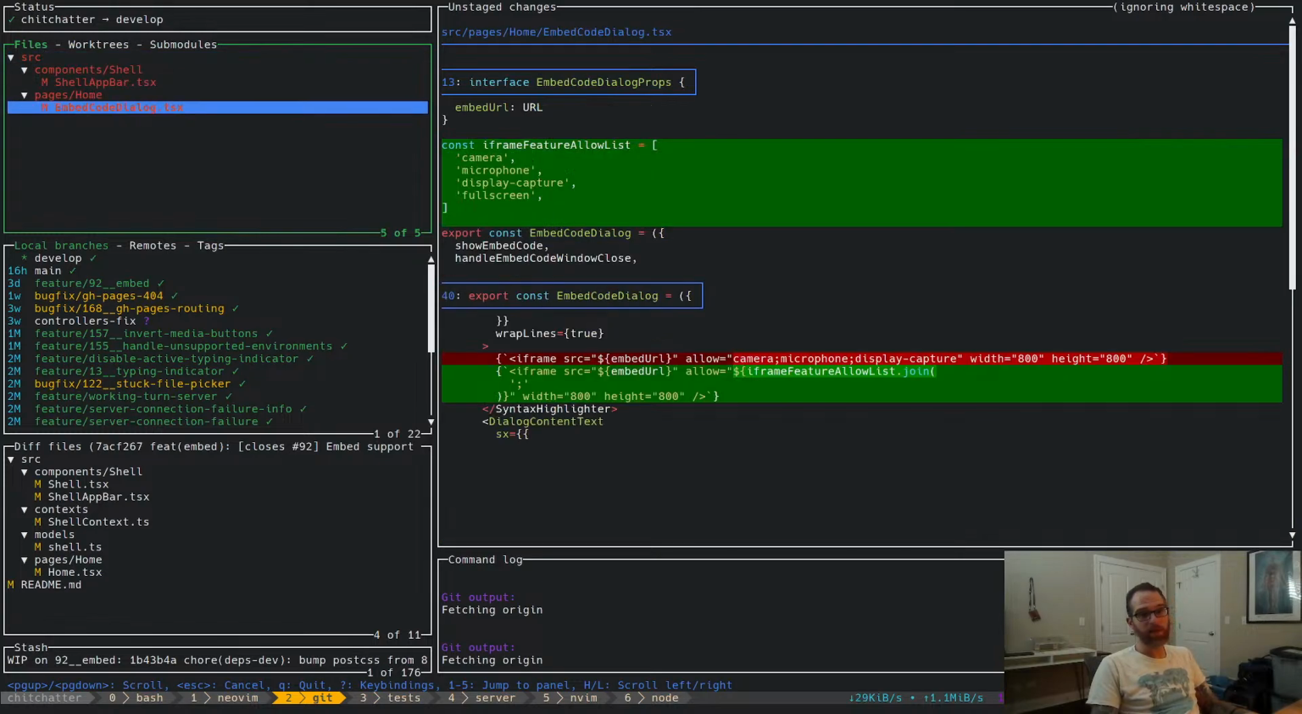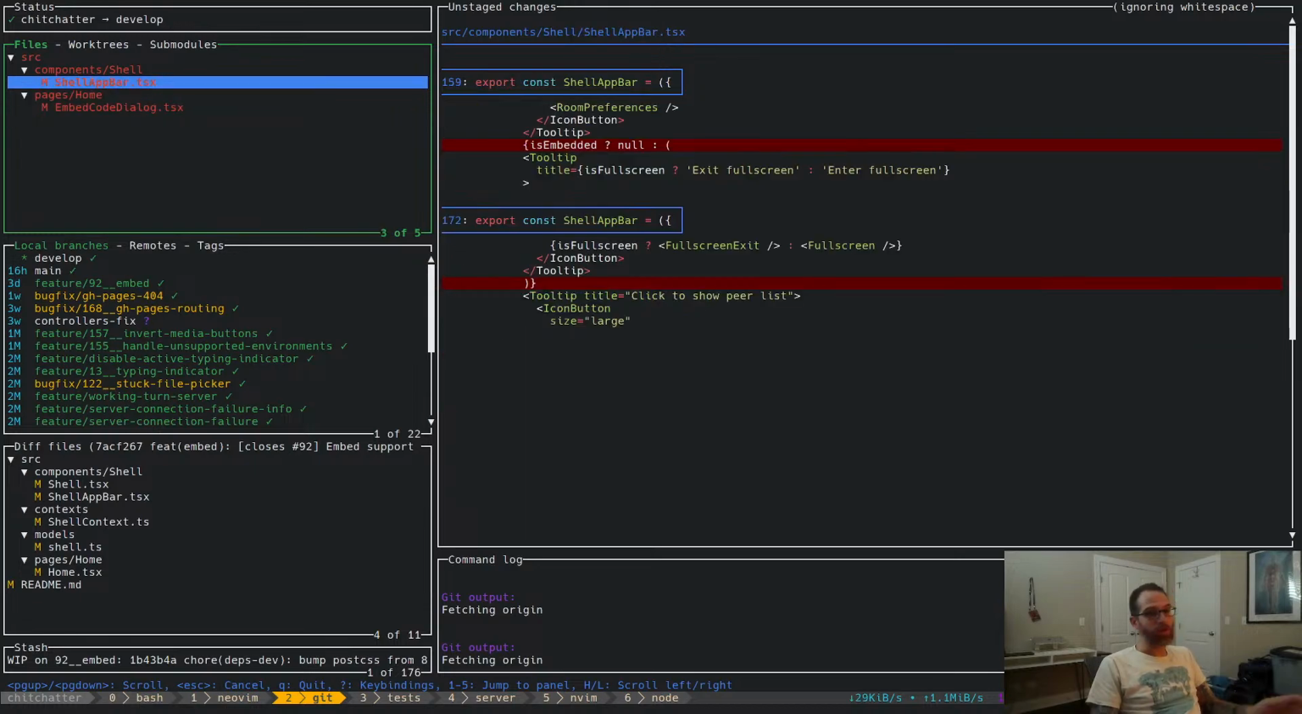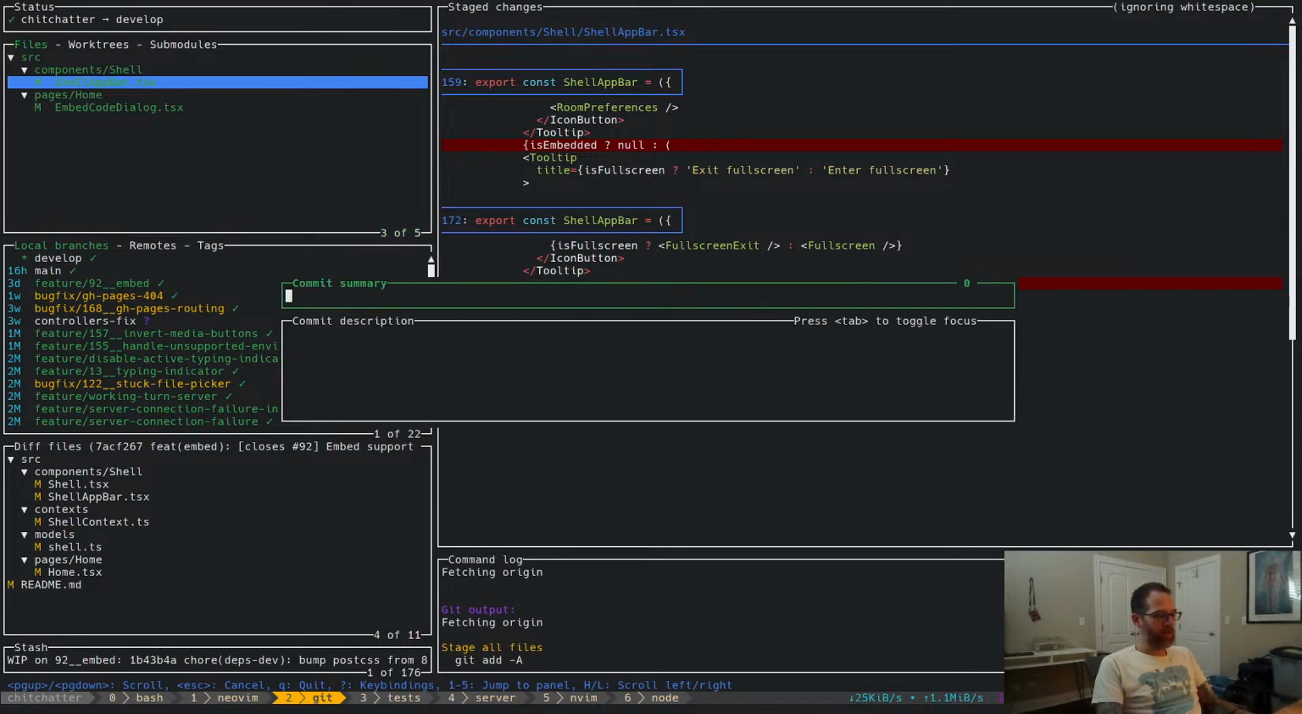This might take a second because my computer's a little bit pokey when I'm running the stream, but I'll make sure it's all looking good. Do a self-review. Camera, microphone, display capture, full screen, good, good, good. Probably could write a test, but there's just not a lot of testing on this project, which I'm not too worried about, honestly, because it's very UI driven and based on a lot of external factors, but that's a discussion for another day. In any case, I'm gonna feat embed,